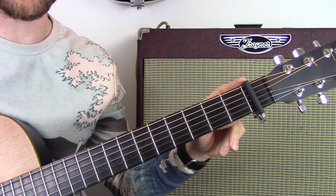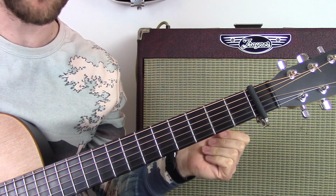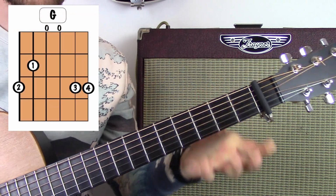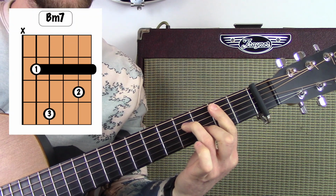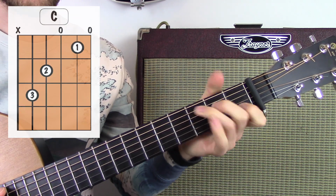Right, so with our capo at the first fret, let's take a look at the chord shapes we're going to be using in order to play the entire song. So we're going to need a G major chord, a B minor 7, a C major, an E minor,